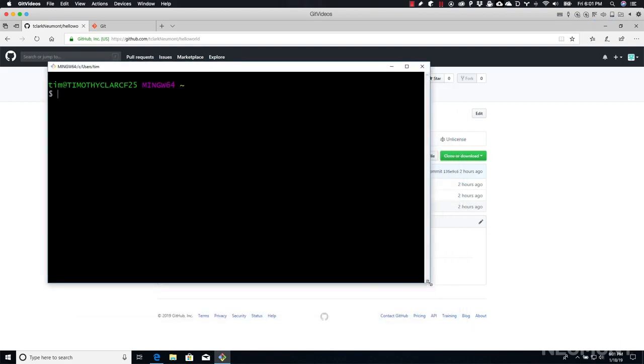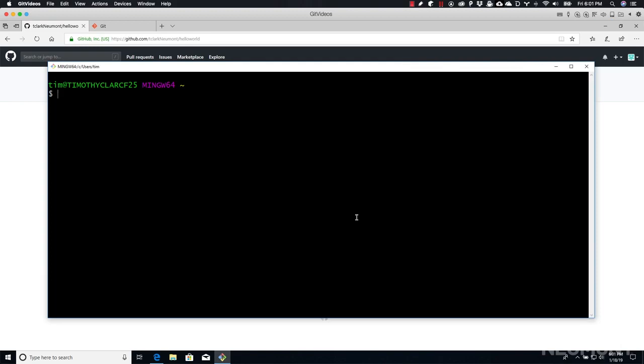I'm going to make this big so that we can see everything. Now, on a Windows machine, there's a lot of security and file access restrictions and all kinds of user-specific file permissions that happen when you're doing software development. And so I like to make sure that I am in a place on my computer where I'm not going to run into a ton of restrictions and issues when I'm doing software development. So on Windows machines, normally what I do is I go to the C drive,